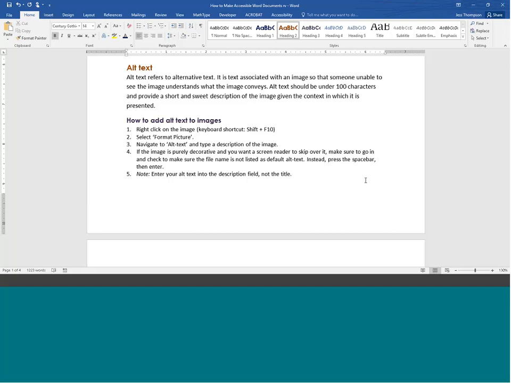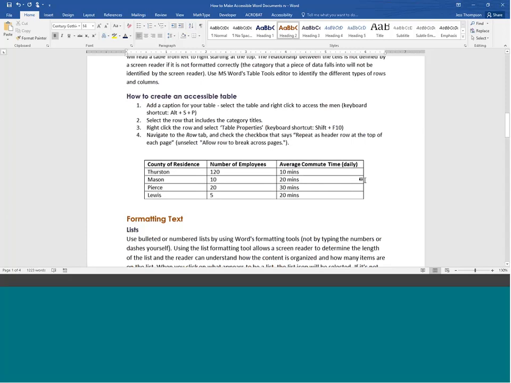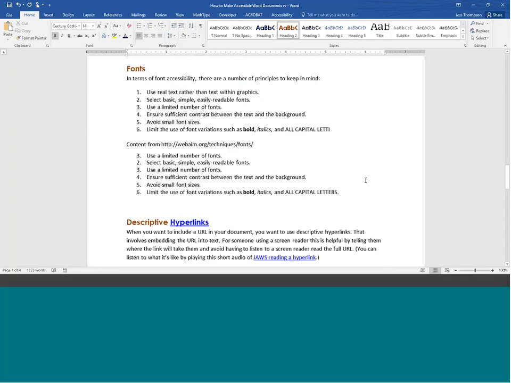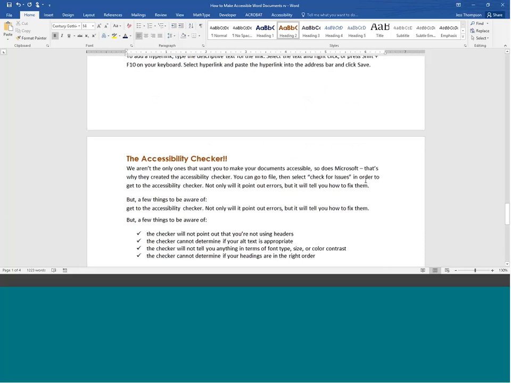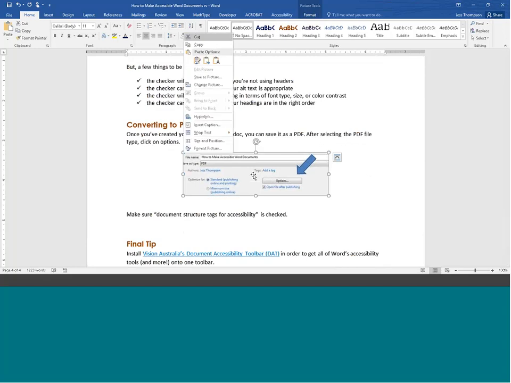You can right-click on the image, or the keyboard shortcut once you get to the image is Shift F10. So let's go track down an image. Oh, goodness. I removed all of the images. Oh, here's an image. Okay. So here's an image in the document. So we're going to open up that